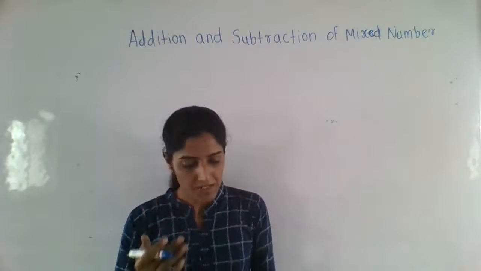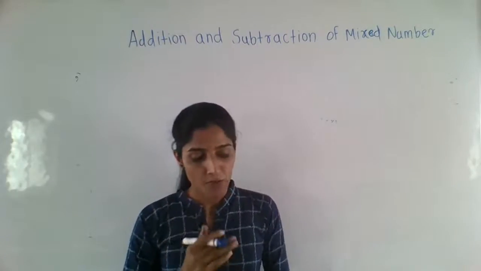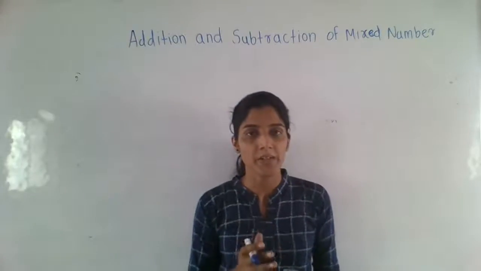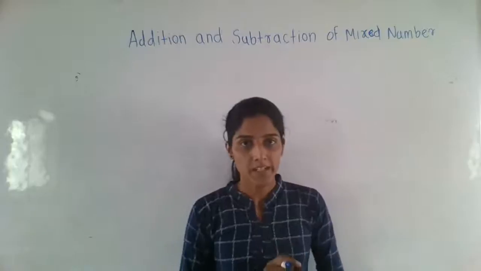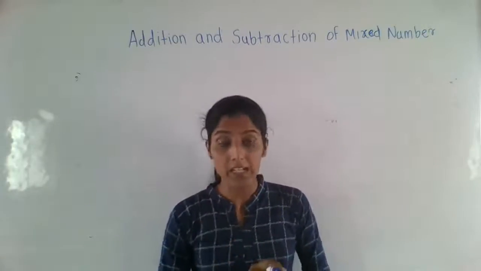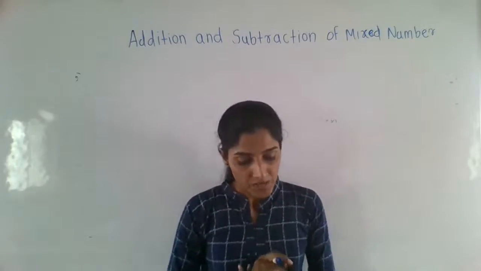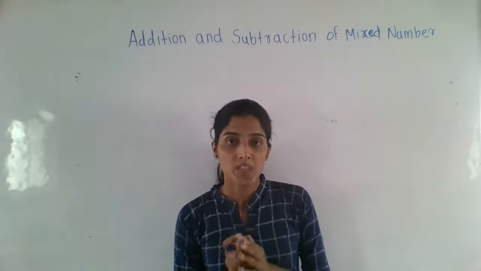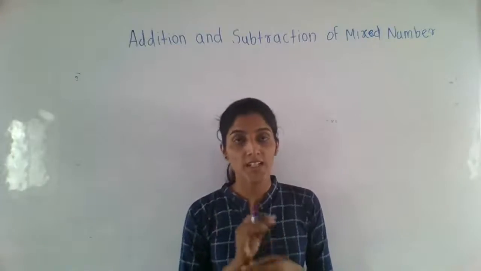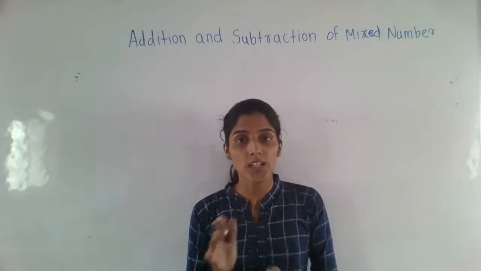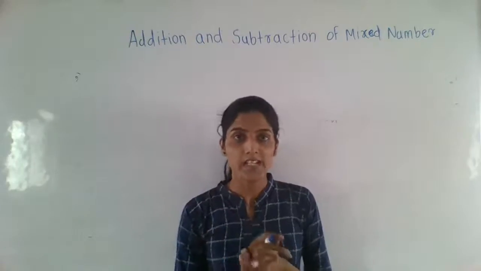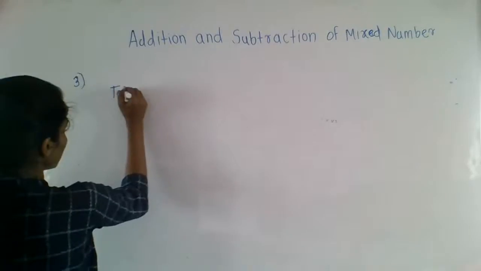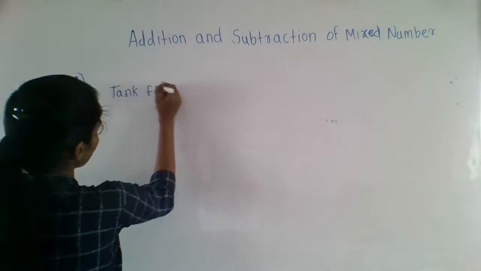Okay, म्हणजे बघा इथे काय केलेलं आहे, संदीपने 4 by 7 जी टँक होती त्यात पाणी भरलेलं आहे, एम्प्टी टँक मध्ये 4 by 7 पाणी भरलेलं आहे तितकं पार्ट. त्यानंतर रमाकांतने 1 by 4 पार्ट भरलं पाणी त्यामध्ये, आणि उमेशने 3 by 14 पार्ट गार्डनला पाणी देण्यासाठी यूज केलं. तर आपल्याला हे फाइंड करायचं आहे की पाणी किती शिल्लक राहिलं हे आपण बघूया. ओके, that is our example number 3, tank filled